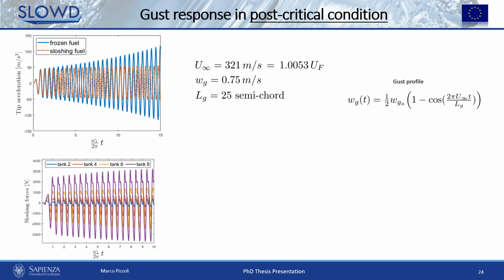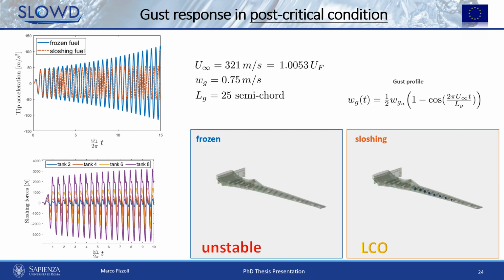And this is evident from the acceleration plots and from the two animations, in which we can see from the animation on the left that the response grows indefinitely, while the sloshing case response presents an oscillatory behavior that remains limited